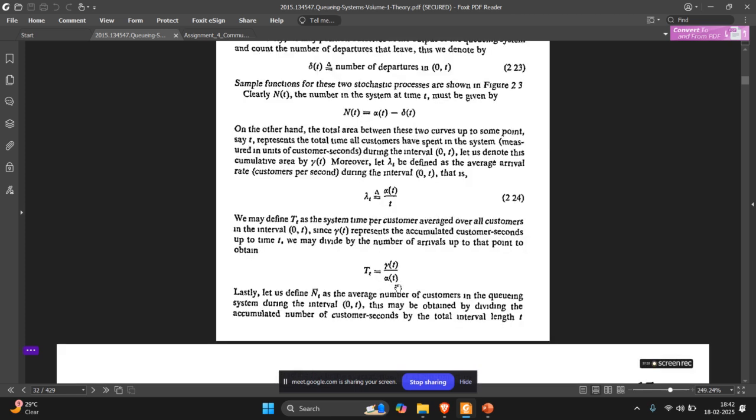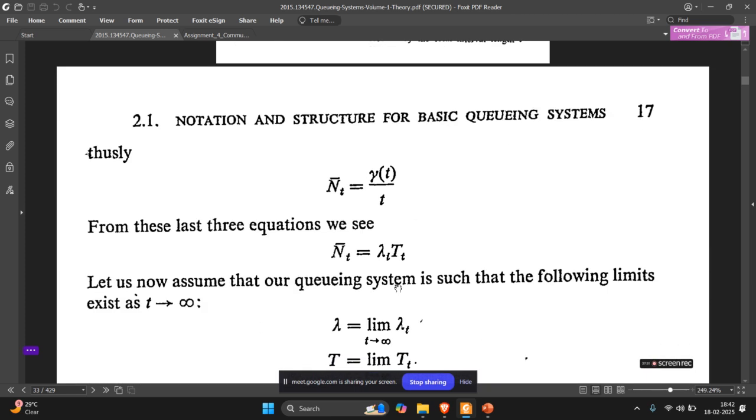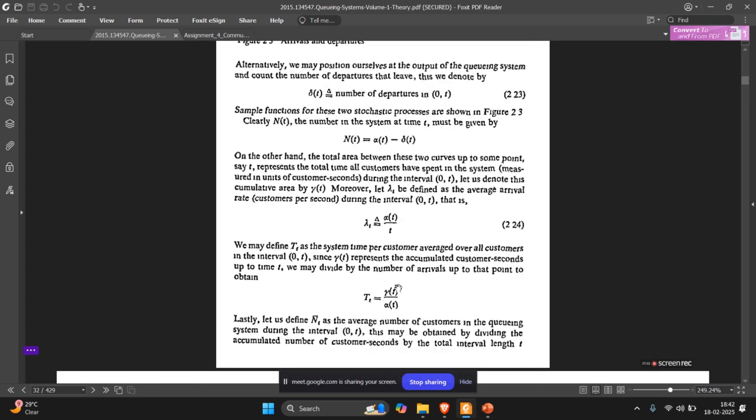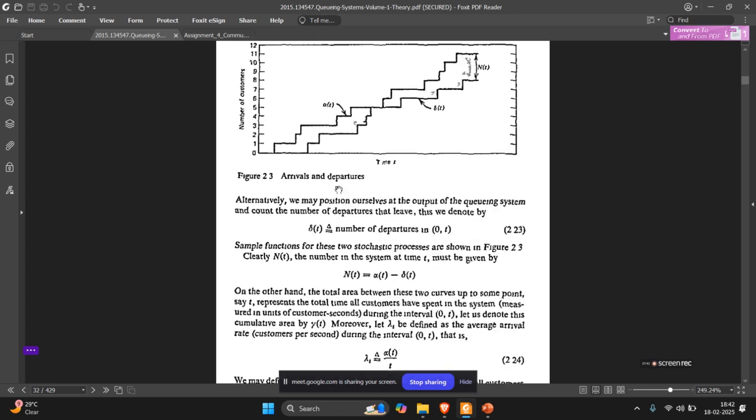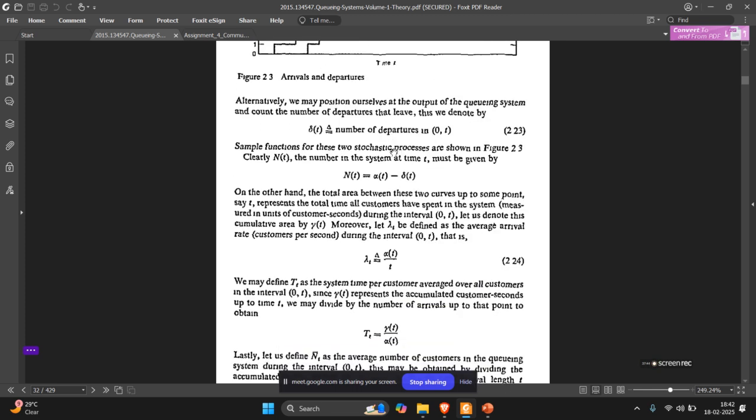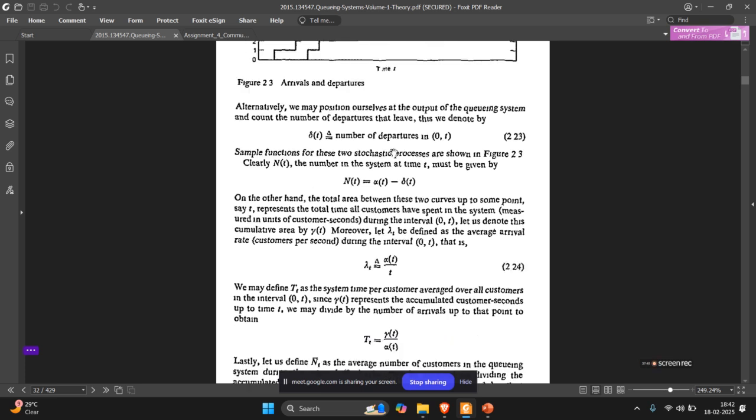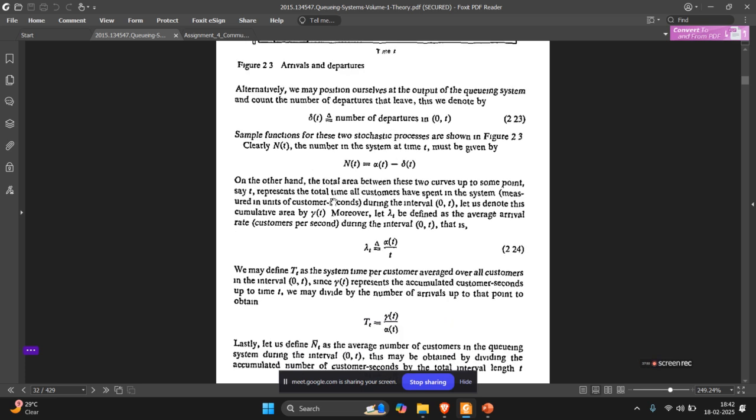And finally, we will define gamma(t) as the number of packets that have spent some time in the queue. So gamma(t) is basically the difference between alpha(t) and delta(t). So rather, the number of packets is n(t), and